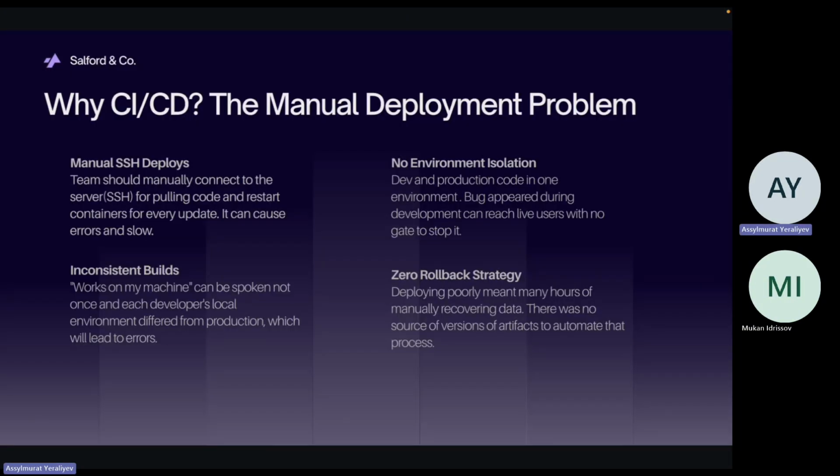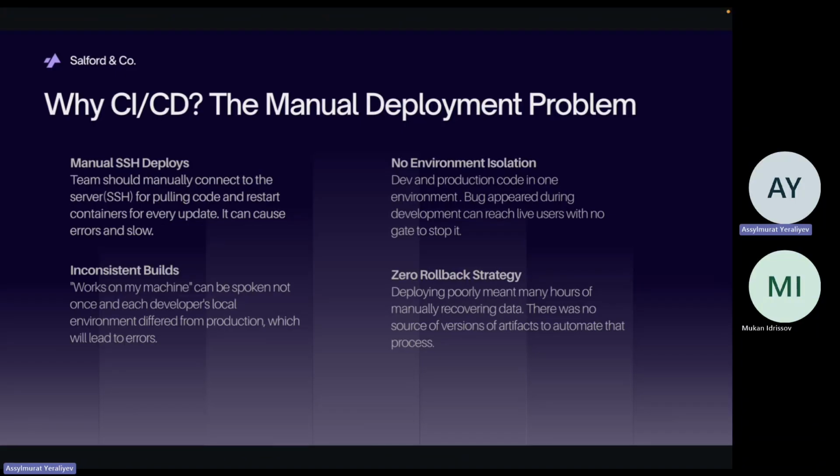Next, why CI/CD? The manual deployment problem. Manual SSH deploys. Teams should manually connect to the server to pull code and restart containers for every update. With CI/CD, we can do it automatically. Manual SSH deploys can cause errors and are very slow. And there is no environment isolation. We have the development and production environments, but in manual deployment we don't have environment isolation,